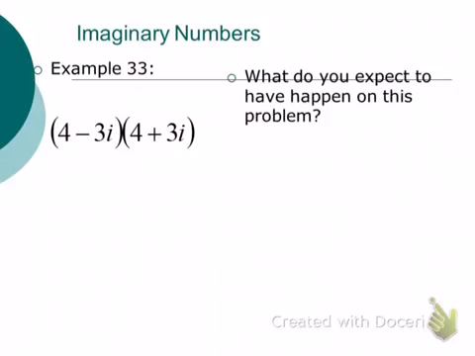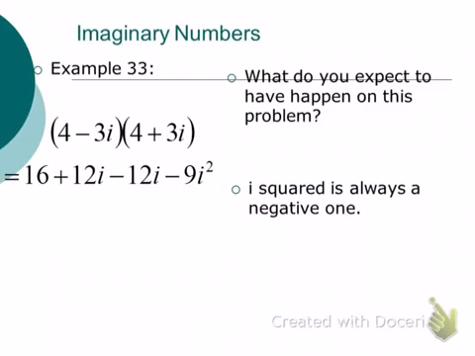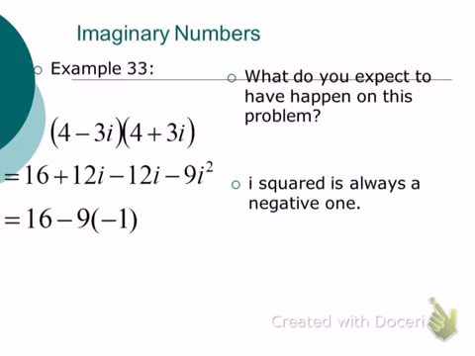So we'll distribute here. We're expecting that middle term, so to speak, or the imaginary components here, are going to cancel each other out, and all we're going to be left with is real components. If you multiply a complex number by its conjugate, you're always going to get a real number. Okay?